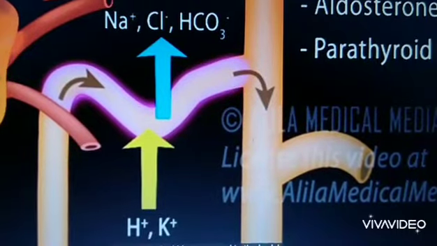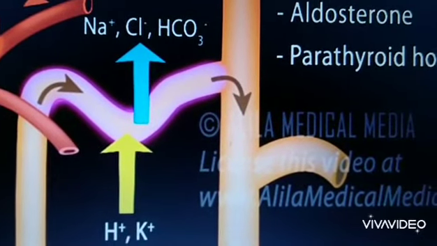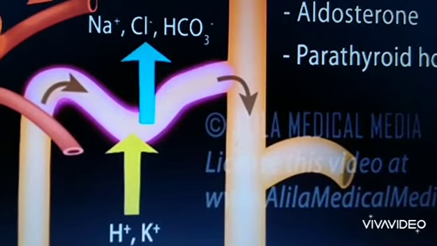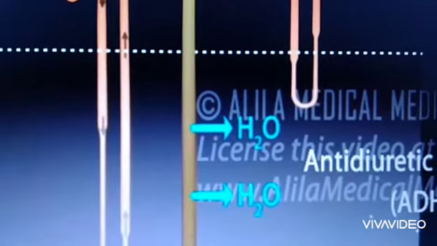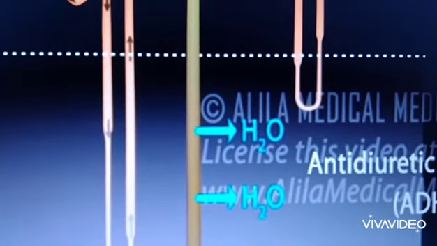See, the reabsorption and secretion in the distal convoluted tubule is controlled by hormones like aldosterone and parathyroid hormone and others. Conserving the water is mainly possible by the osmolarity gradient which is generated by the loop of Henle. The collecting duct can adjust water reabsorption according to hormonal control.